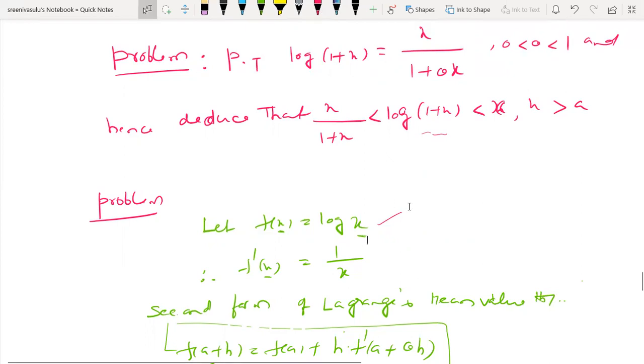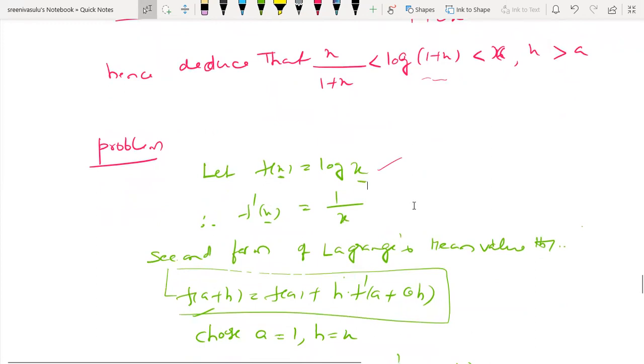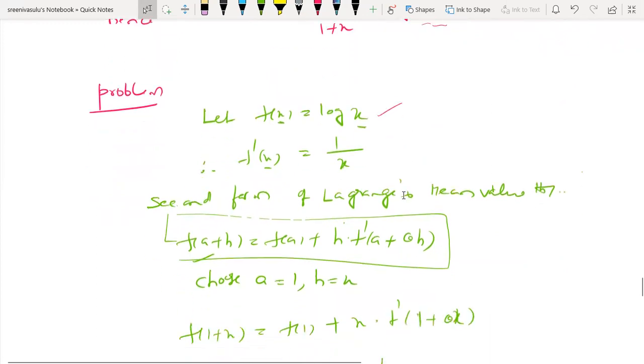If they provide f of x, finding c is very easy. No need to think too much. Now, f dash of x is 1 by x, as per the derivative principle, since the derivative of log x is 1 by x. Whenever you see f of x, immediately we need f dash of x. The second form of Lagrange's mean value theorem is, as we saw previously, f of a plus h equal to f of a plus h into f dash of